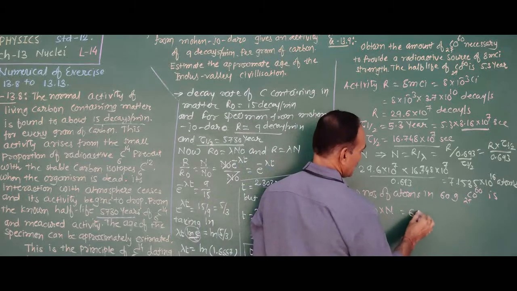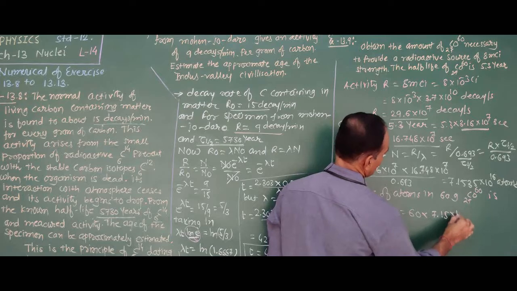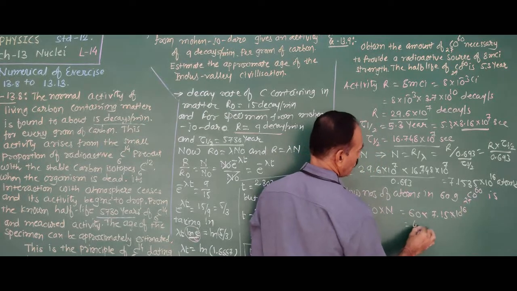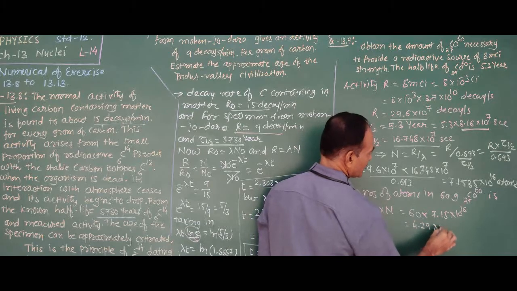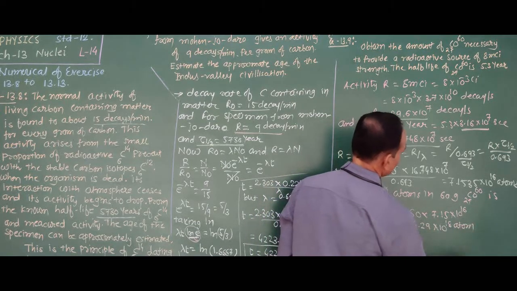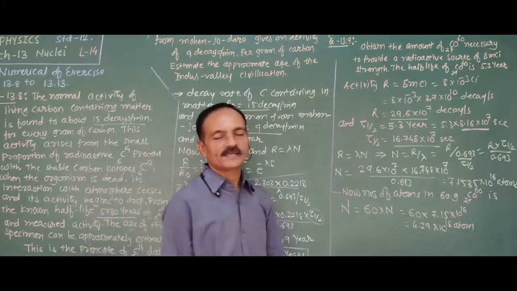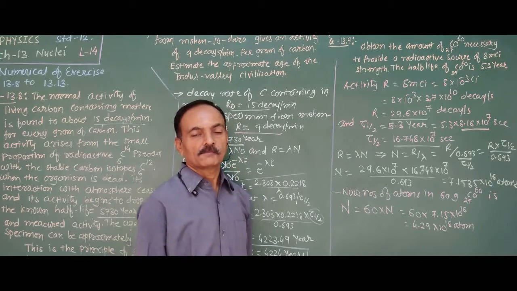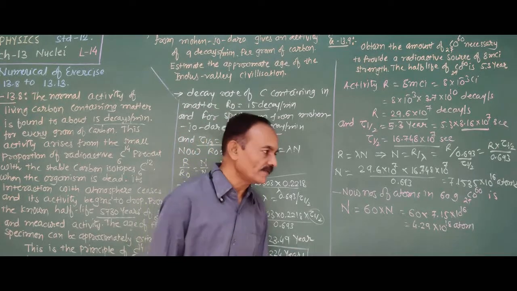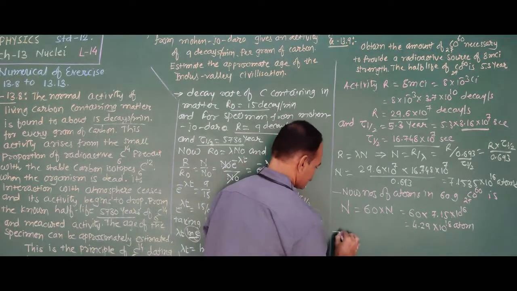Now in 60 we already obtained 7.15 into 10^16. Thus we obtain 4.29 into 10^18 atoms in cobalt-60 required to obtain the activity of 8 millicurie. But we require the quantity of cobalt, not the number of atoms. Therefore, the required amount of source